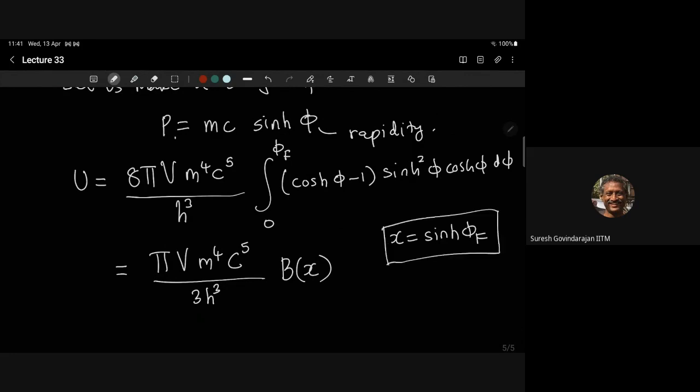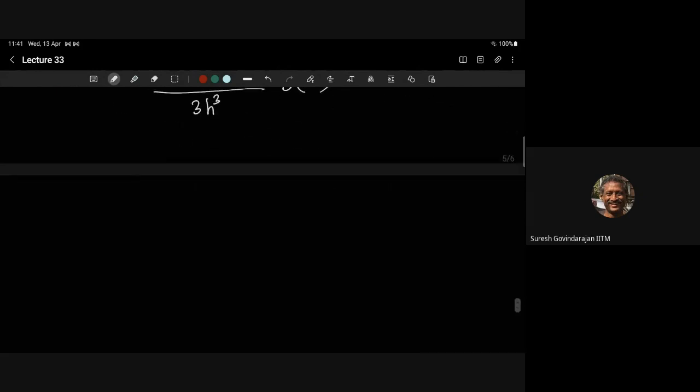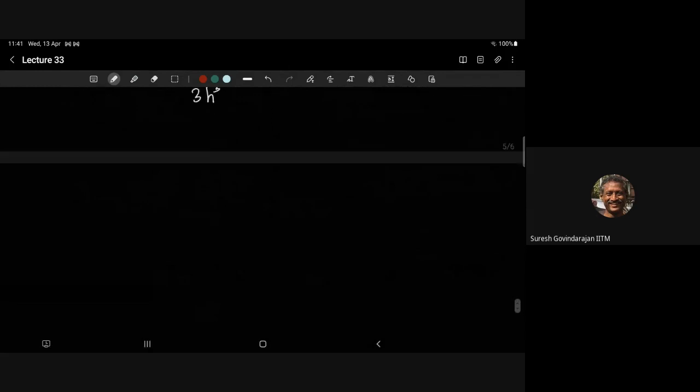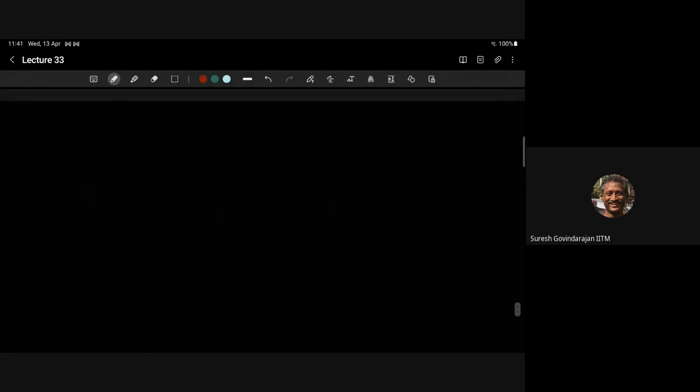That's what you get. Similarly, this is an exercise, but I won't spend too much time working this out. And similarly, the pressure is given by